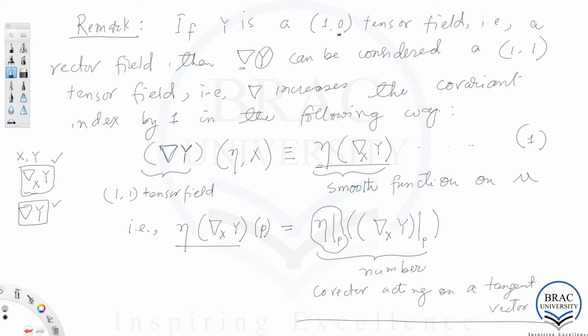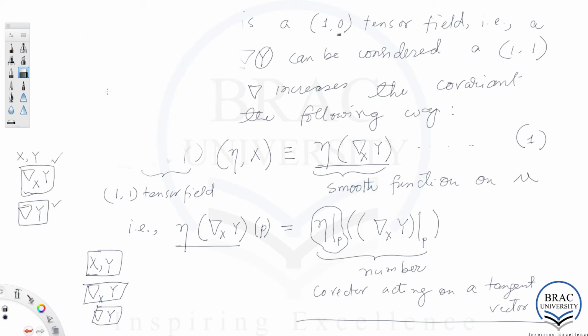Good. Okay, so out of two vector fields, using the map nabla, we have been able to construct a vector field, or a 1,0 tensor field, and a 1,1 tensor field, right? That we have defined here. Okay, let me erase everything. I need room. So we denote this 1,1 tensor field by nabla y, given y is a vector field,